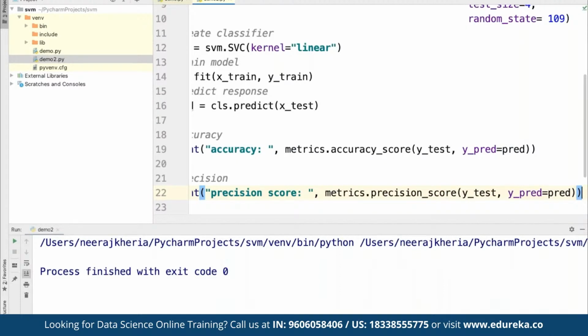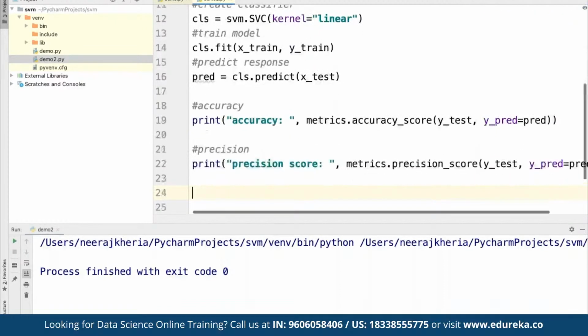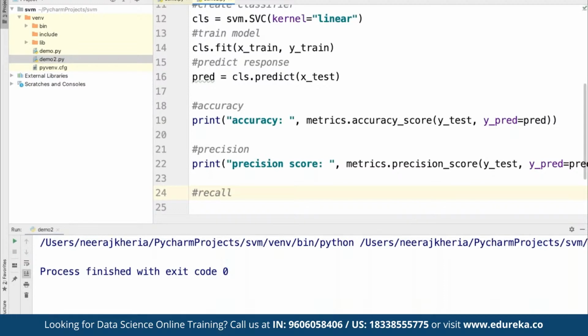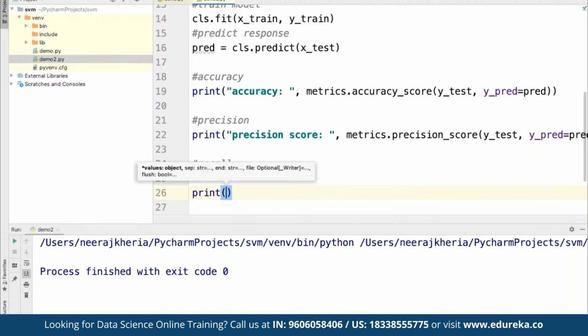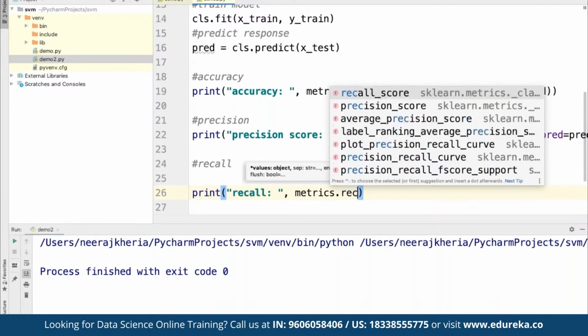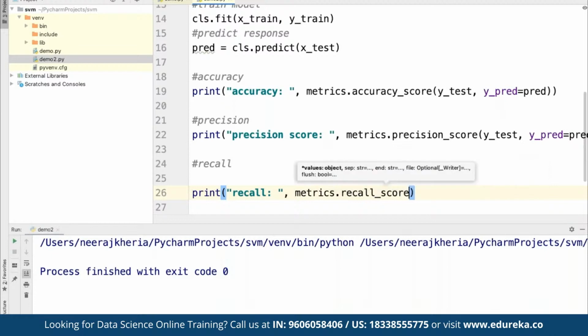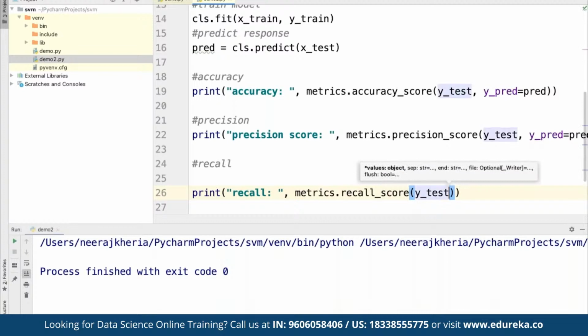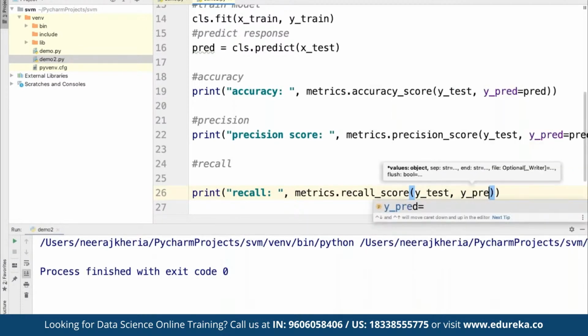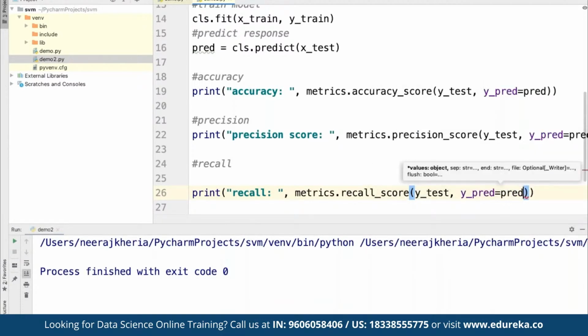All right. And then at the end, we are going to calculate the recall score and report it. So for recall, we can print another statement as recall, using metrics.recall_score, with y test and y prediction for the prediction that we are going to define.